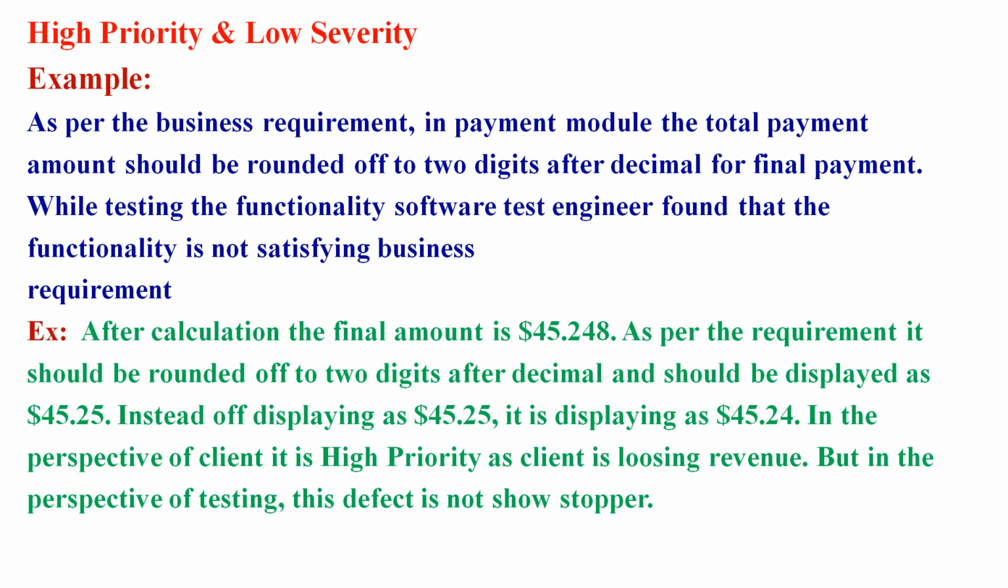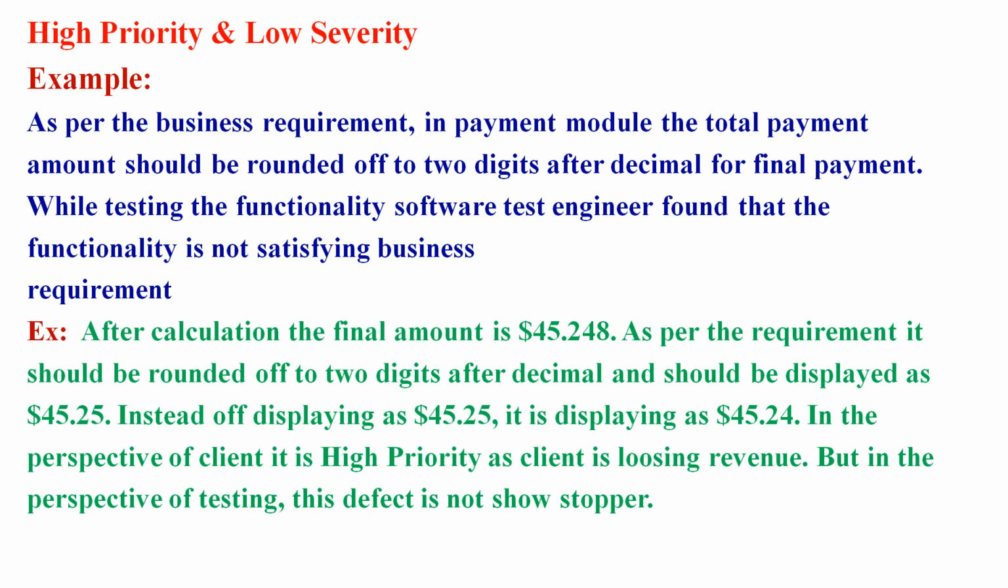But in the perspective of the client, it is a high priority, because instead of paying $45.25, it is displaying $45.24. The end users are paying only $45.24. How much is the client losing? In this case, $0.01 he is losing in revenue. So in the perspective of the client, it is a very high priority defect, because here the client is losing the